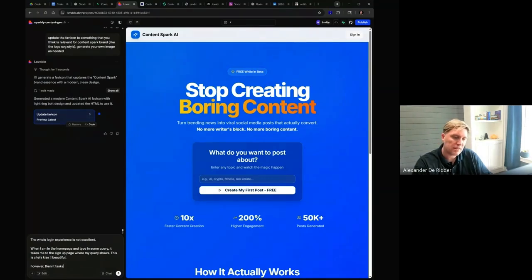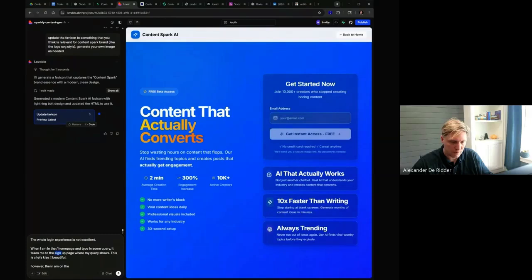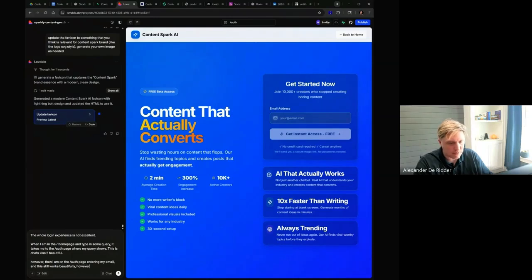However, then when I am on the home page, then I am on the sign up page, and this page is called auth. It's important to be precise. Okay, however, when I'm on the auth page, entering my email, this still works beautifully. However, when I hit access free,